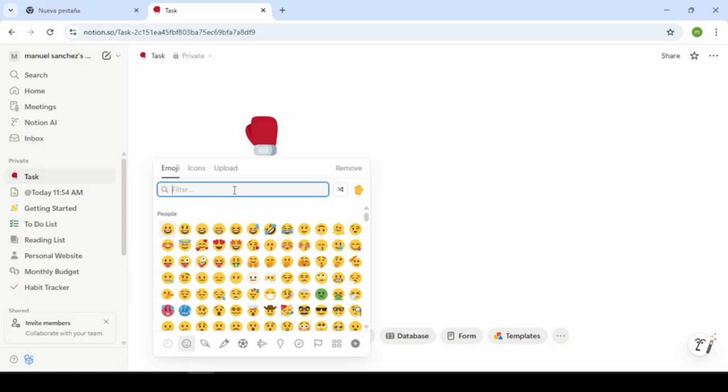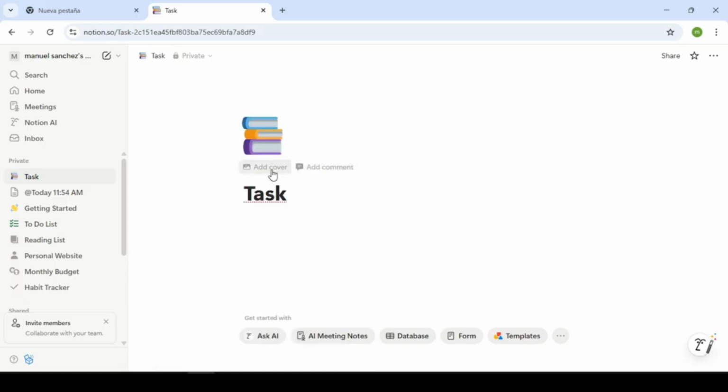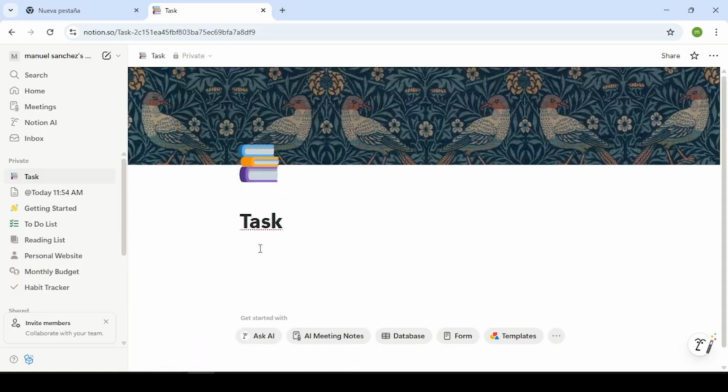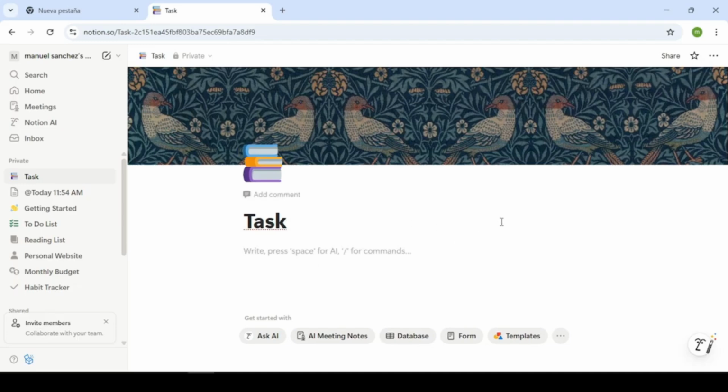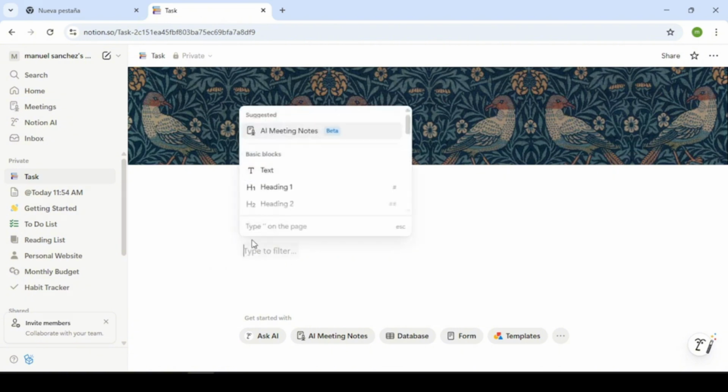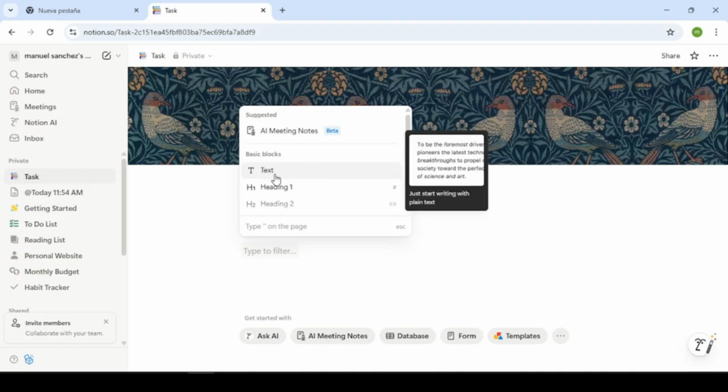Once we have created our task page, we can start adding content. We will notice that the plus symbol will also appear here. Tapping it will display a menu with a huge number of options to start inserting content into our page. We can add anything from plain text to level 1, level 2, and level 3 headings, lists, numbered lists, selection lists, pages, tables, quotes,